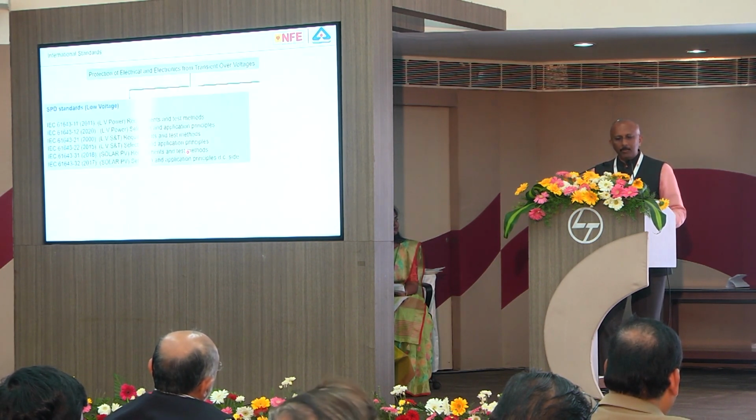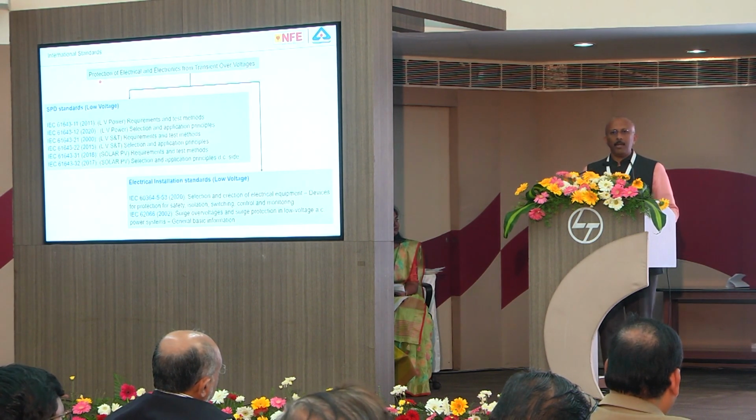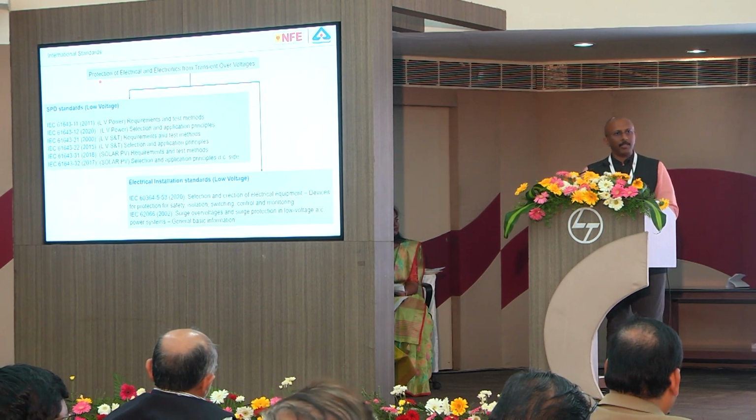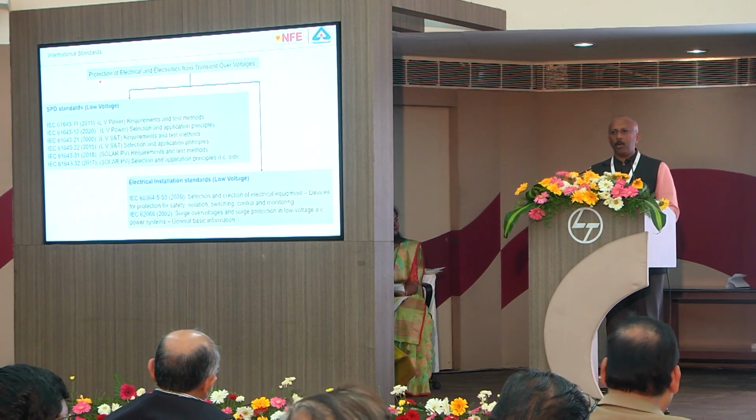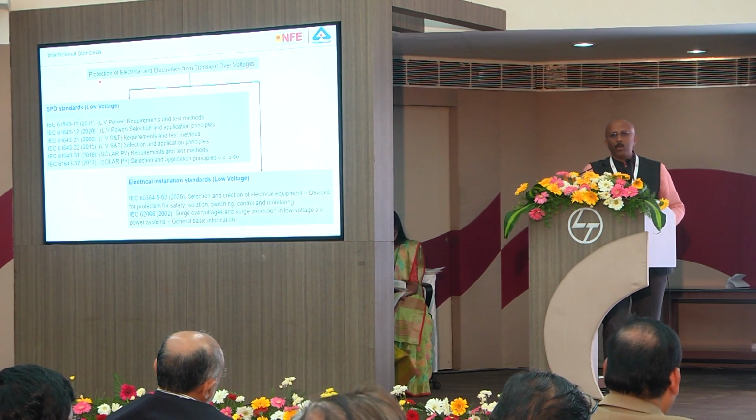With respect to the second subject, surge protection, one of the main components of internal lightning protection consists of shielding, bonding, cable routing and surge protection device. It is not only like, buy an SPD, put it in the line and you are completely protected. It's not like that. On the subject of SPD, there are standards 61643. There are several sub-standards. Two of these standards are adopted in IS